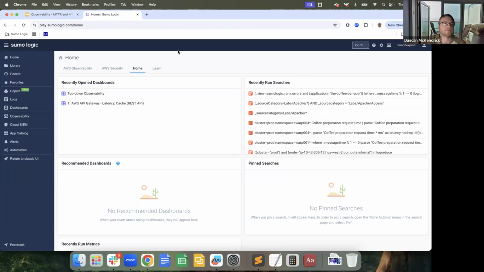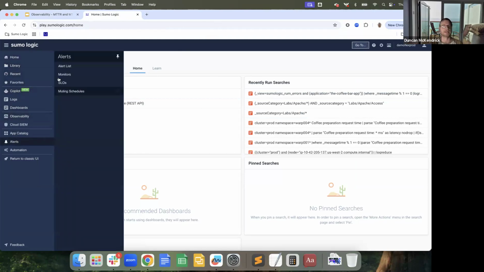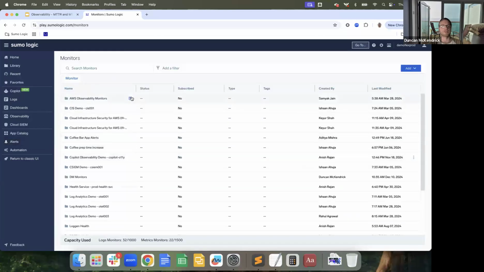Here it is. So what we want to do is, from the left-hand menu, navigate to the alert section here, where we have our alerts, and then we're going to nip over to monitors. Now, what I want to do is we're going to create 2 monitors based on 2 of those golden signals,